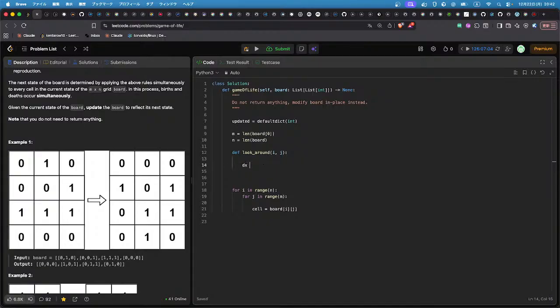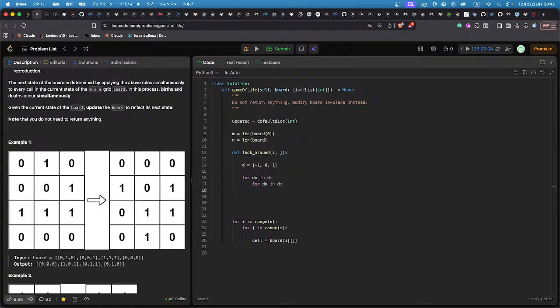Look around with d as minus 1, 0, 1, and for dx in d, for dy in d,